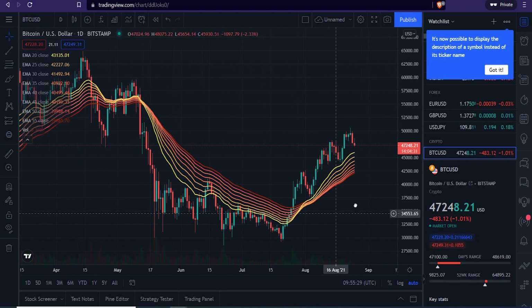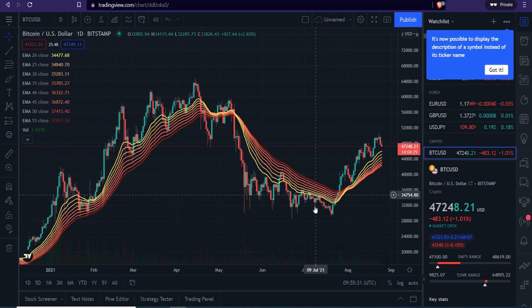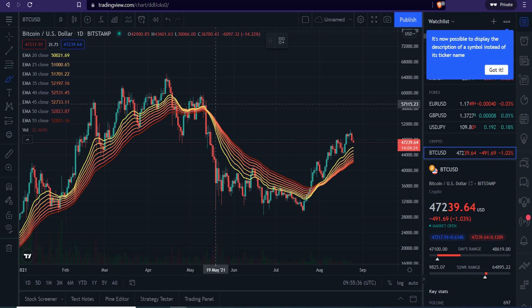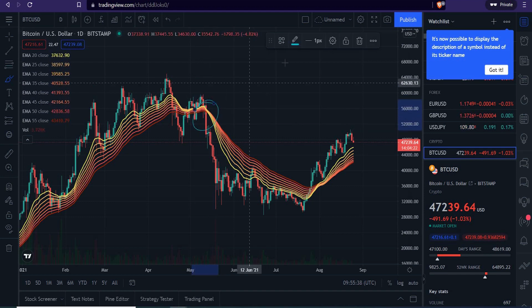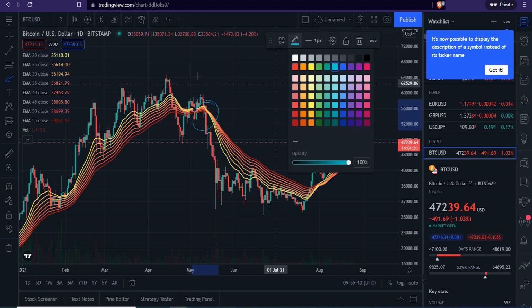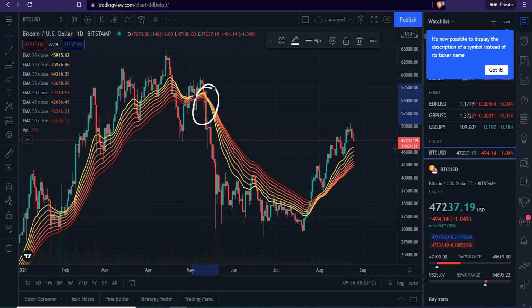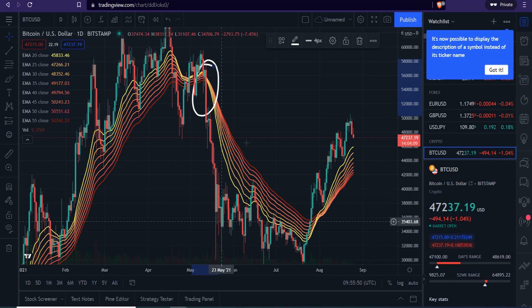The EMA ribbon is significant for showing trend reversals. If you look here, the first time we saw a cross with the EMA ribbon, well, prior to this massive fall, right? Let me just make this thicker and white. Let's just use it white and thick right now. The first time we saw the EMA ribbon cross, before the fall, which is this massive fall here,